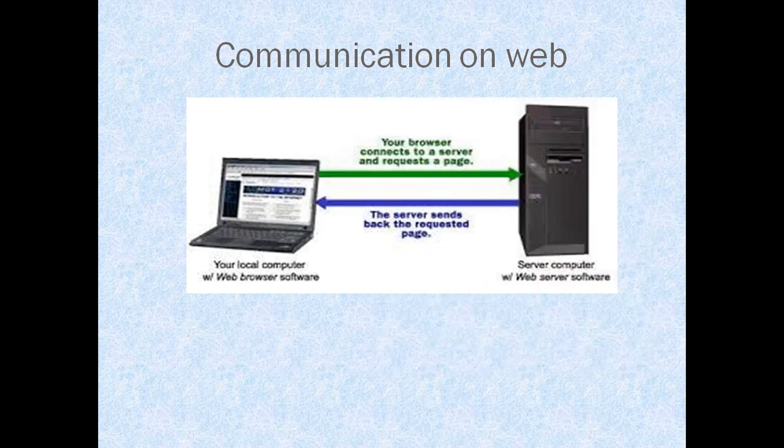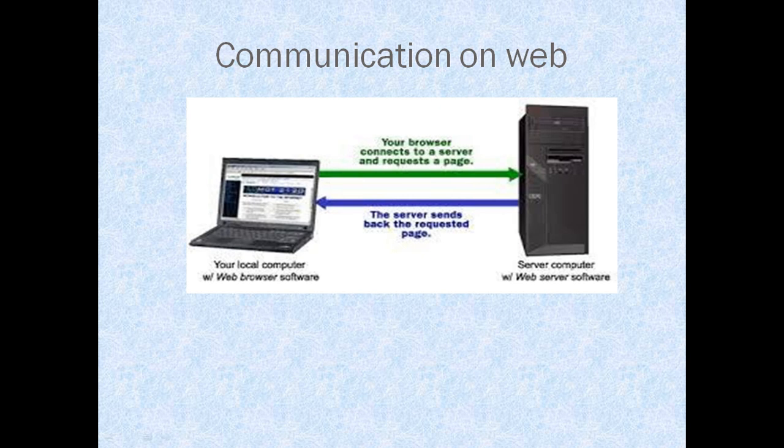The essentials for communication over the internet are two things. One is authentication and the other one is security. Authentication is the process of determining whether a computer or a server is the one it claims to be. Okay, so you are identifying whether it is the specific system which you are in search of. That is authentication. Whereas security should be provided to communication over the internet so that messages are not intercepted or modified by hackers. So these are the two major principles for effective communication over the internet.